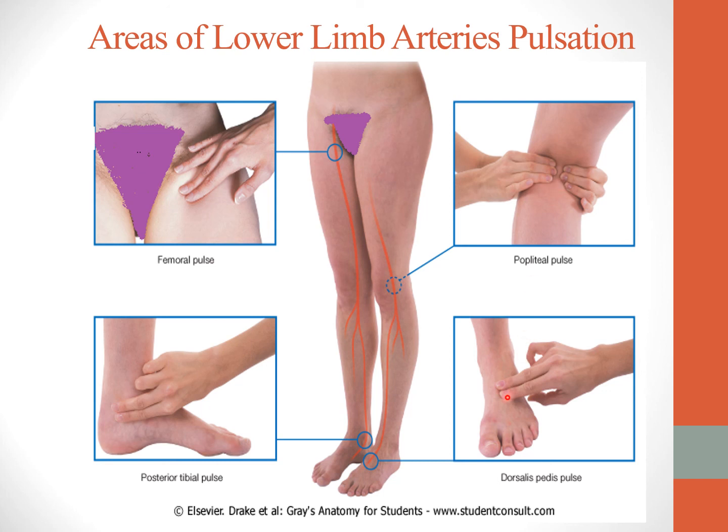Between the tendons of extensor hallucis longus and extensor digitorum longus we palpate the dorsalis pedis artery on the dorsum, and just behind the medial malleolus we palpate the pulsation of the posterior tibial artery. So these are the areas of pulsation of the major arteries of the lower limb. So this is the whole about the major arteries, their origin, their termination, their branches and important relations. This is all about the overview of lower limb